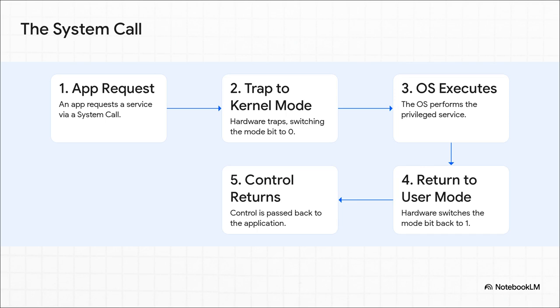So how does an application ask the government for help without breaking the rules? Let's say your app needs to save a file. It can't do it by itself in user mode. Instead, it makes a special request called a system call. This call triggers something called a trap, which is just a signal that instantly switches the computer into the privileged kernel mode. Now the OS can step in, perform the task safely, and then it immediately switches the computer back to user mode before handing control back to your app. This entire round trip, this little dance between modes, happens thousands, sometimes millions of times a second. It's the absolute foundation of a stable and secure system. The separation of powers is what lets all your programs run together without stepping on each other's toes.